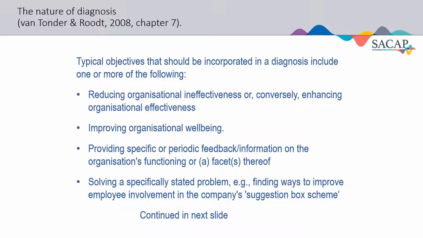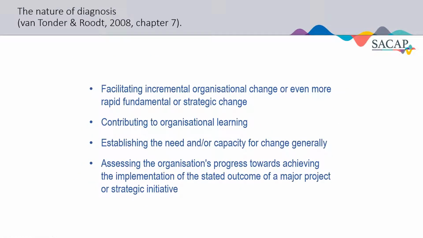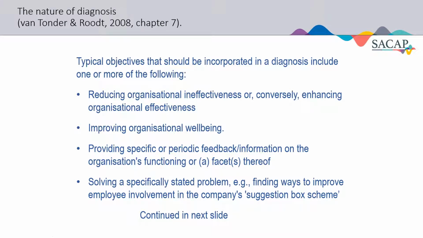Yeah, here we go. There's a slide here, I think it's more than one slide. Yeah, there are a few slides here that you may find useful, and then also it's obviously in the textbook as noted on top here, chapter 7 of Van Tonder and Rood. So here are typical objectives. So what would be the objective of this diagnosis? And the objectives listed here,